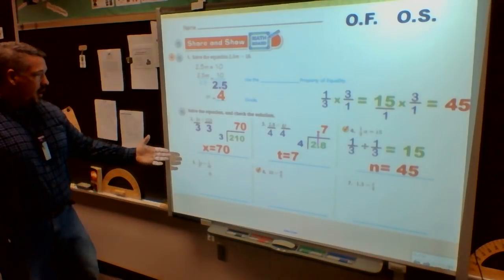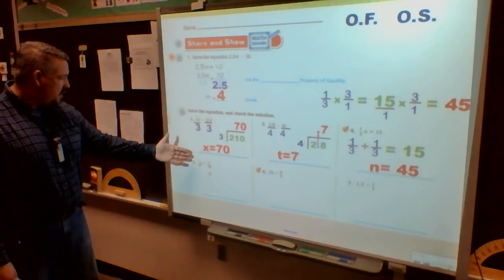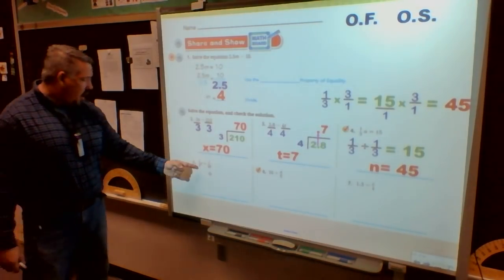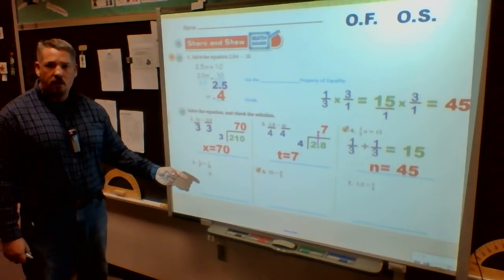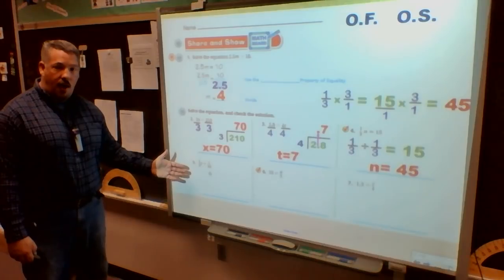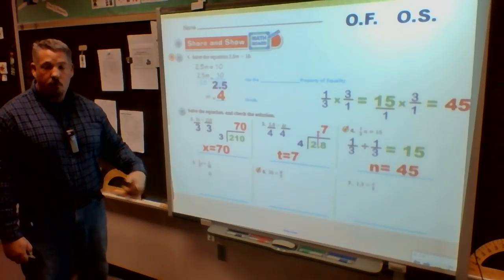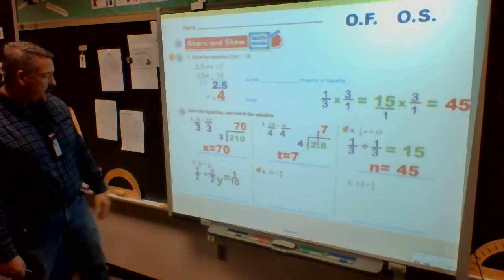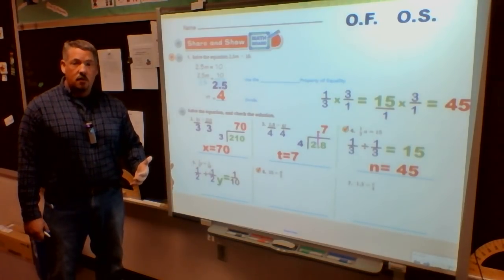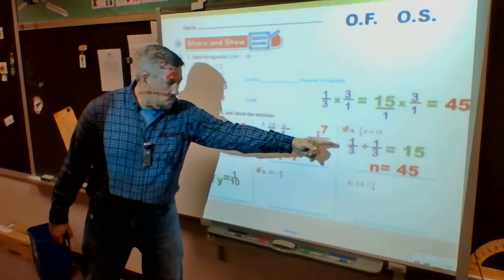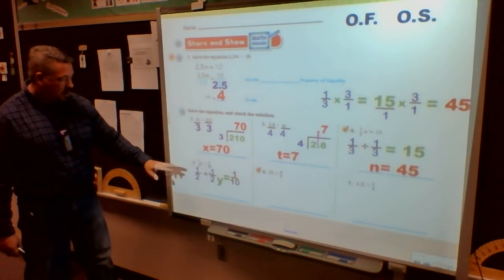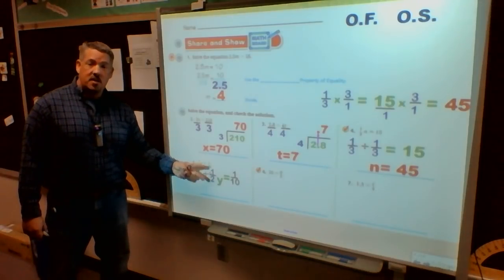Once again, a fraction as my coefficient, a variable of y, it's equal to 1/10. I can't keep that right where the variable is, so I have to do the opposite. So I'm going to take my 1/2. Instead of multiplying by 1/2, I'm going to divide by 1/2. So 1/2 divided by 1/2. That's the opposite function. But then, just like this one, I got to pause and I got to change it because I can't divide fractions.